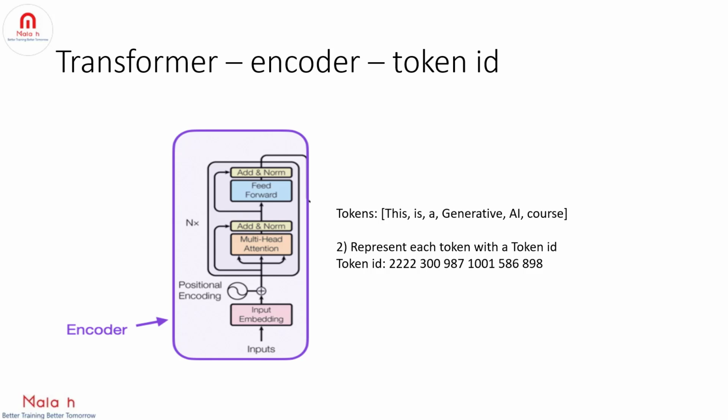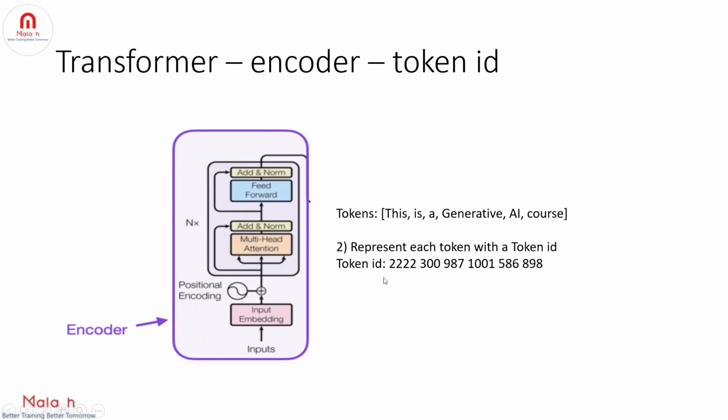30,522 unique words, right? For example, let's consider the word this. This may be present in the entire 30,522 unique words list, somewhere maybe in the 10th word or 100th word or 1000th word. Somewhere this word will be present. So assume the word this is present somewhere here, 2222. Okay, this is just an example. So assume these are the positions of the input tokens. This is a generative AI course, right? So the token ID can be anything between 1 to 30,522.